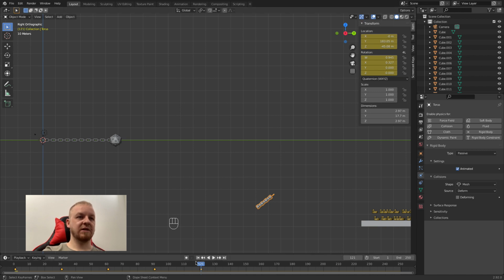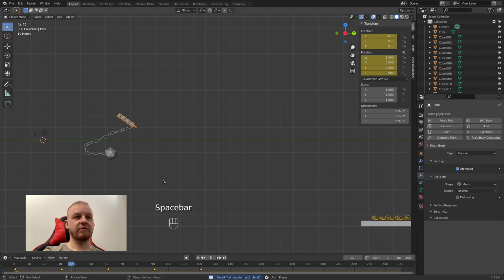And we have to basically check how it will work, so we can press this to make sure it's in the first frame. Now it's really important to press Ctrl S to save, and we can hit space to see